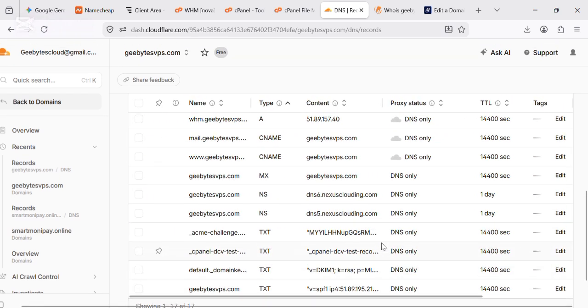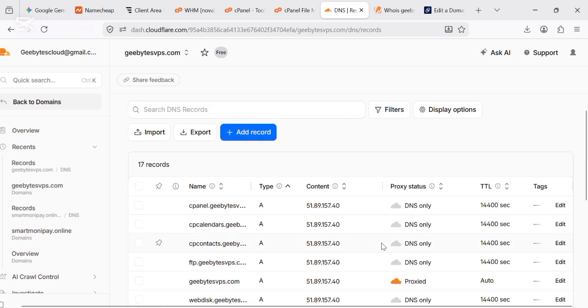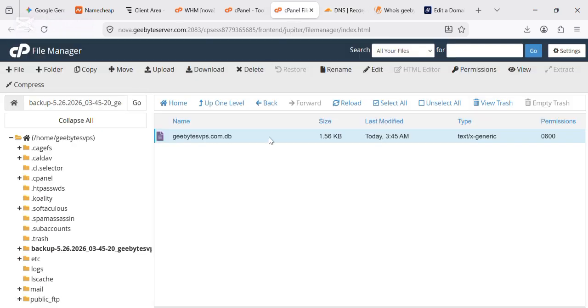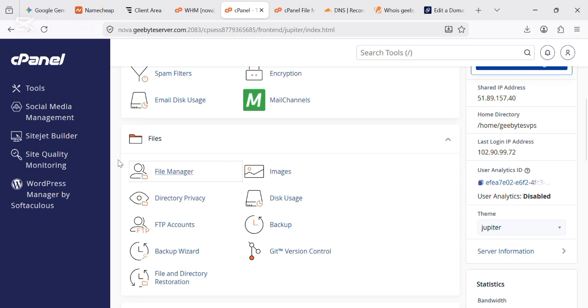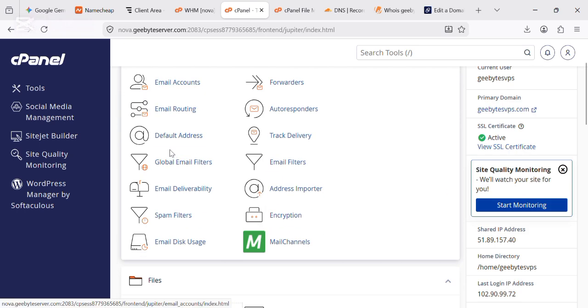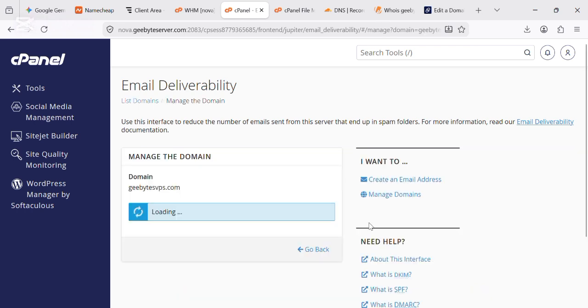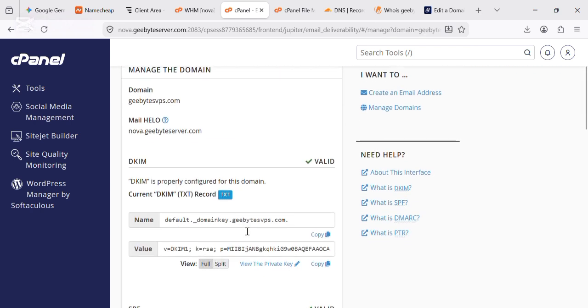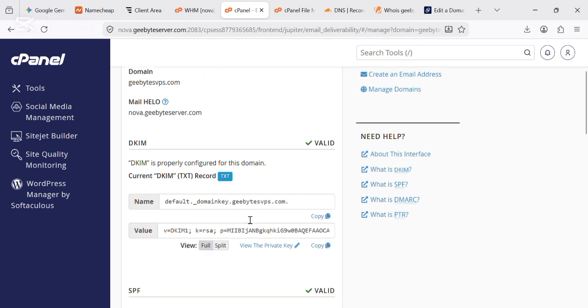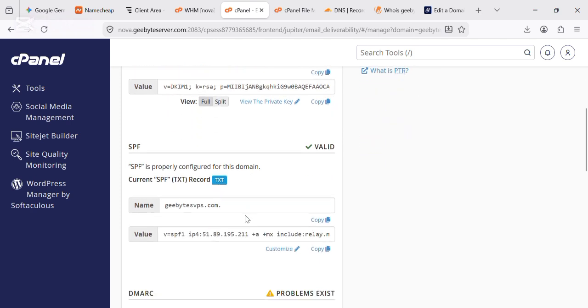But if there are issues that arise, you just go to your cPanel and check email deliverability, and resolve where necessary. If it's not delivering, resolve. So now you see a problem exists, you can just resolve this. To resolve it, you click here. Let me just use a second to resolve. Now this one is valid based on the record imported.